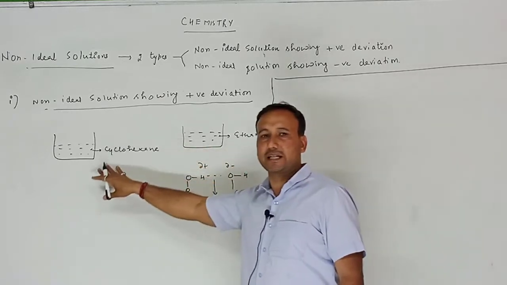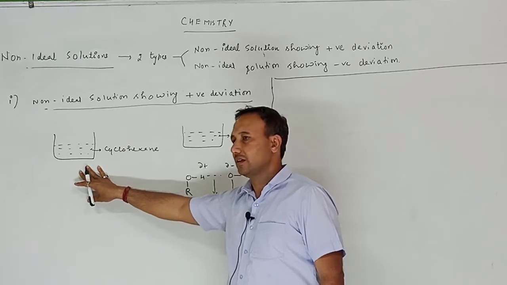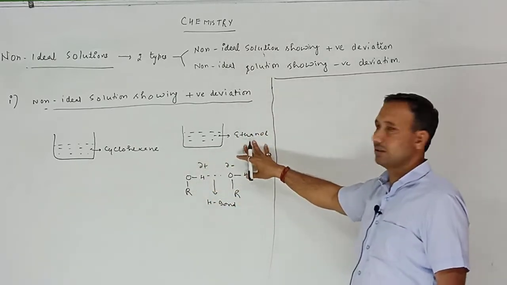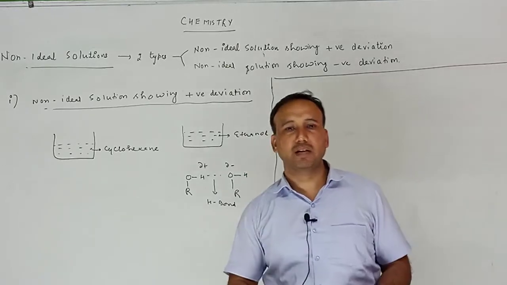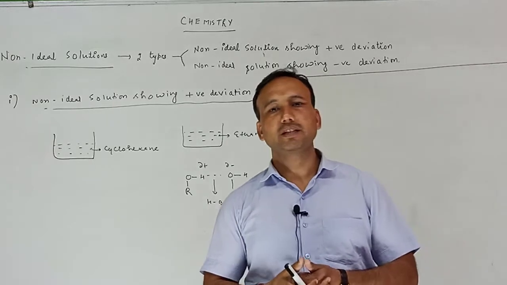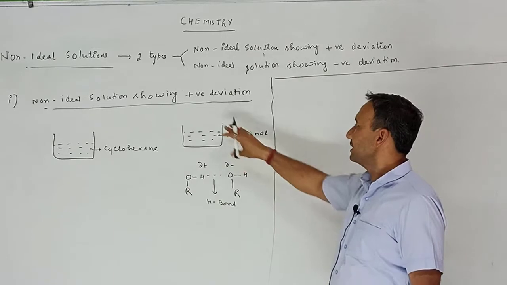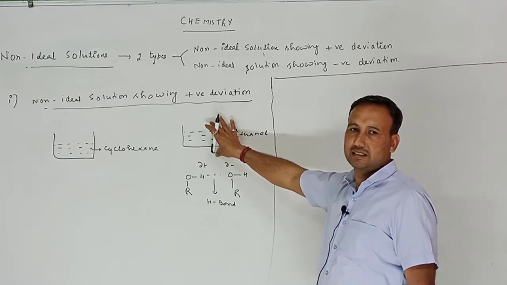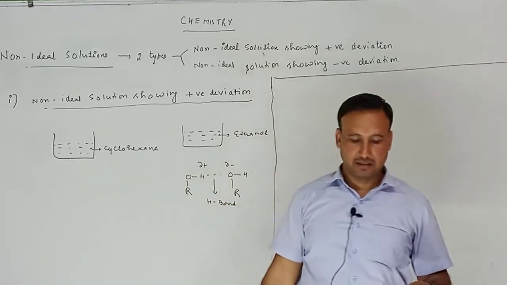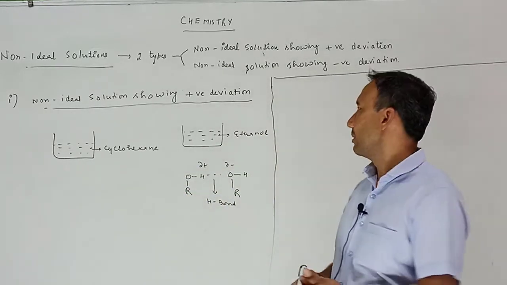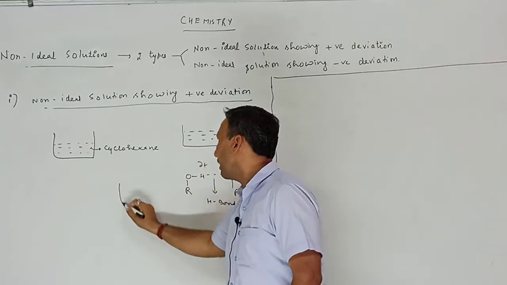there are two liquids, cyclohexane and ethanol. In cyclohexane liquid there are van der Waals forces, and in ethanol there is intermolecular H bonding, and intermolecular H bonding is a stronger intermolecular force than van der Waals forces. That is, ethanol cannot easily vaporize as compared to cyclohexane, because the lesser the intermolecular force, the more is the vapor pressure. Suppose these two liquids are mixed,